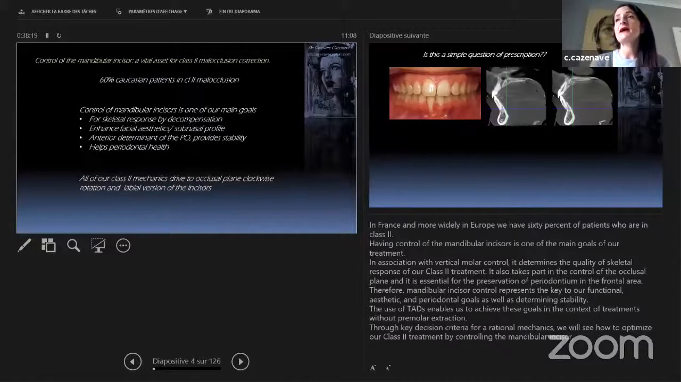It also takes part in the control of the occlusal plane, and it's essential for the preservation of the periodontium in the frontal area. Therefore, mandibular incisor control represents the key to our functional, aesthetic, and periodontal goals, as well as determining stability. The use of TADs enables us to achieve these